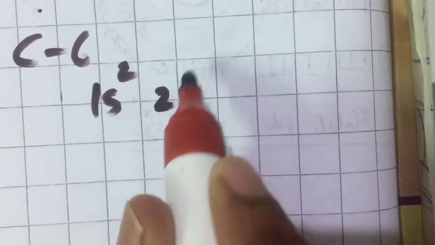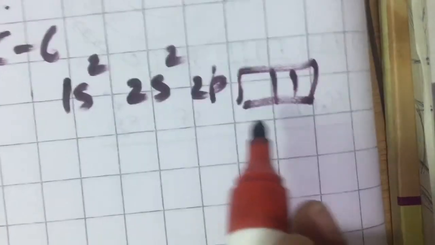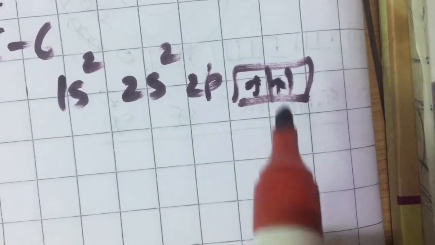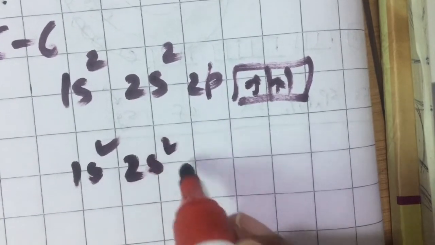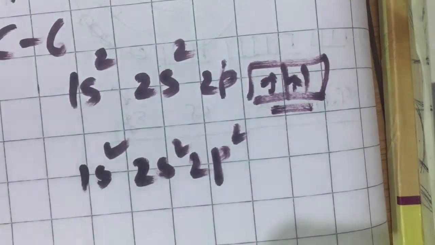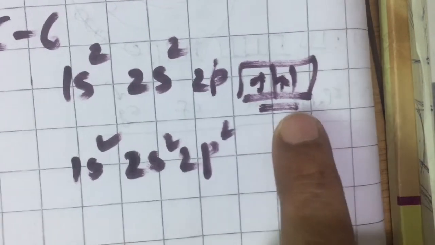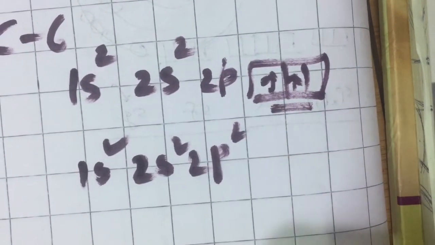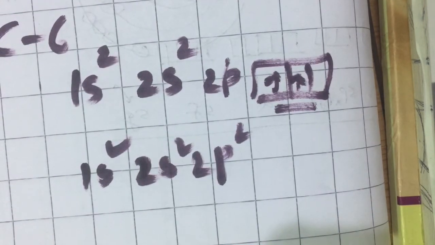The configuration of carbon, atomic number 6, you can write as 1s2 in the lowest energy orbital, then 2s2, then 2p orbitals 3. So you are left with only 2 electrons, so it is 2p2. Notice that this carbon configuration, 1s2, 2s2, 2p2, means it has 2 unpaired electrons, so it is weakly attracted by an external magnetic field. Such atoms show paramagnetism. If it does not have such unpaired electrons, then it will be repelled by an external magnetic field. Such atoms show diamagnetism.